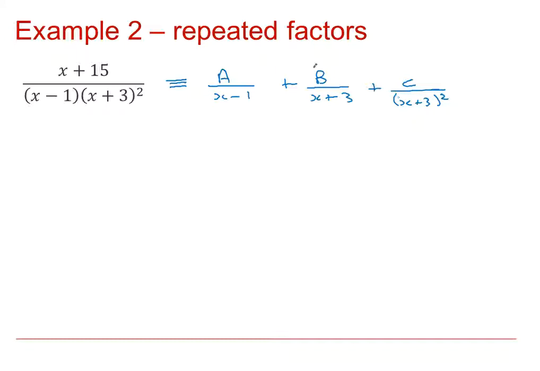So here we need two partial fractions, one for each of the powers involved on the x plus 3. So we've got an x plus 3 and an (x plus 3) squared. We need both